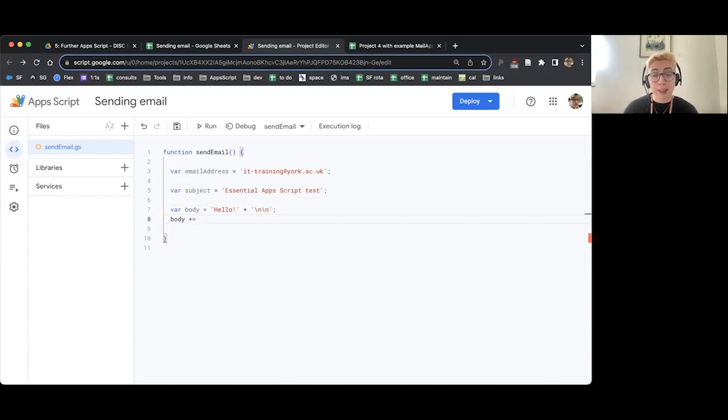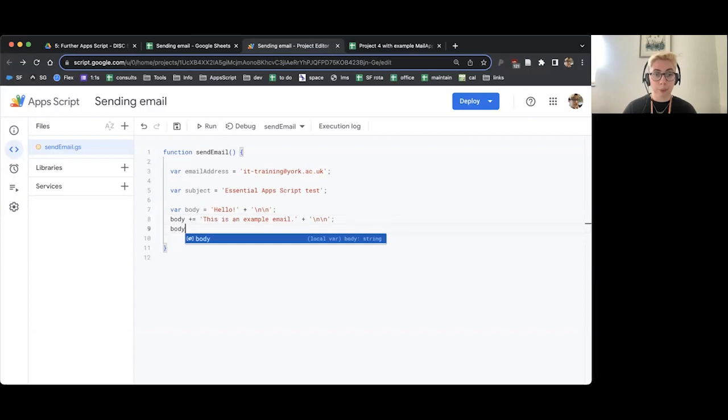So essentially, it's going to keep the hello and the \n, but anything we add is going to be added to that value, and then that's going to be the new value of body, our variable. So I'm going to put some quotes, and I'm going to write This is an example email, like so. And then I'm going to go outside my quotes, do another plus, another set of quotes, and another \n, because then I can do a little sign off at the end. And then I'm going to put a semicolon at the end of my line.